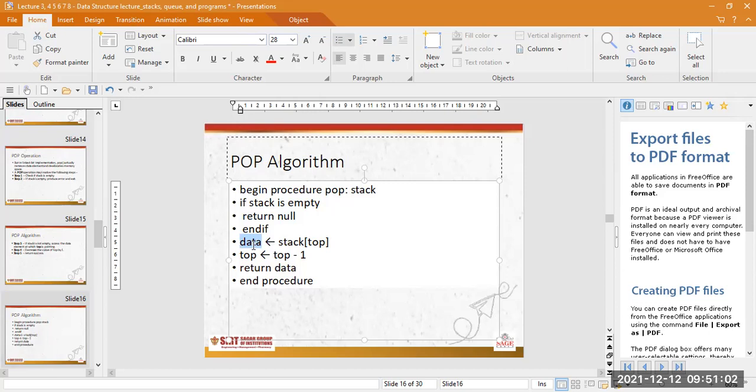Your top will get decreased and you will return the data. Basically the data has been returned, removed from the stack, and the pointer will point to the lower position, meaning a decrement of -1 position.